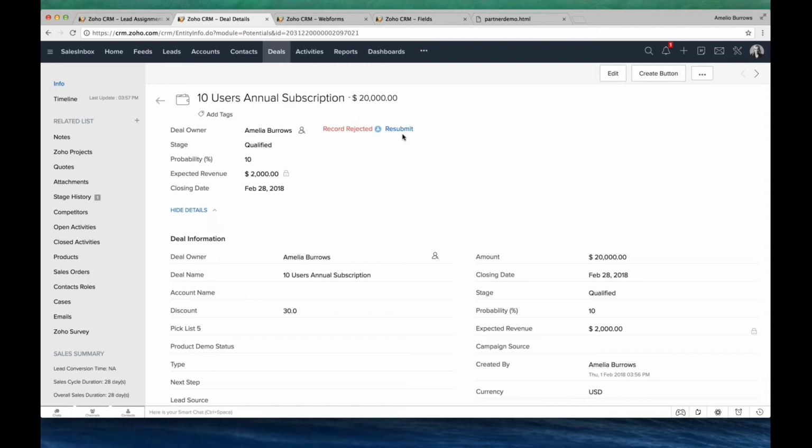It could be used for various options. This is one of the use cases where it can be used. So once it gets approved, automatically this record will be a part of CRM, and it can be used inside the custom views. It will be part of your forecast. It will be part of your reports and everything. So that's about the approval process.